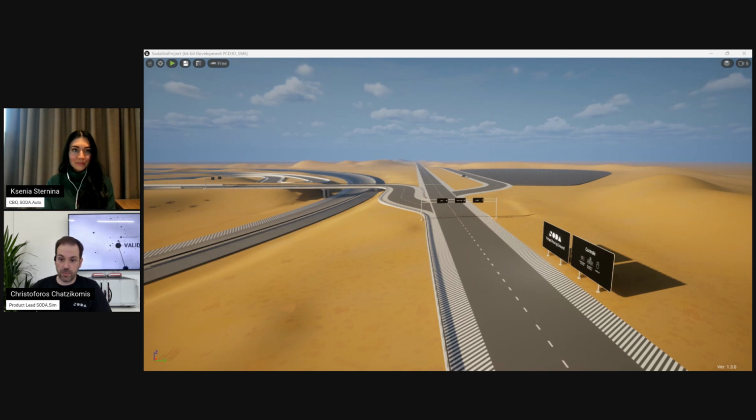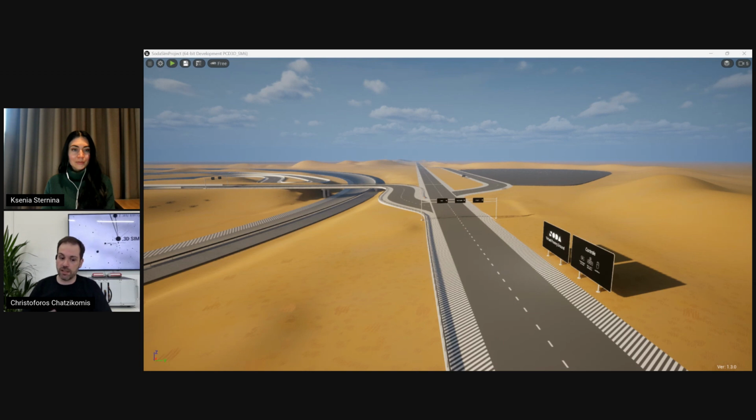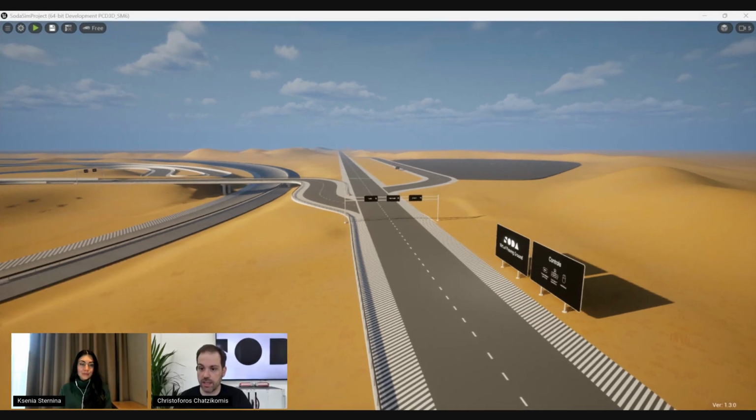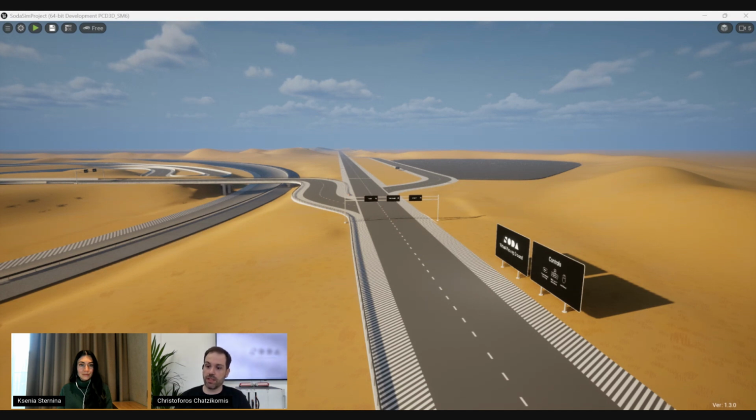It's a simulation solution designed from the ground up for everyone, from individual researchers and universities to large engineering teams at OEMs. The platform provides photorealistic visuals, and also high-precision physics and sensor simulation, while at the same time we try to maintain a user-friendly environment to configure your vehicle